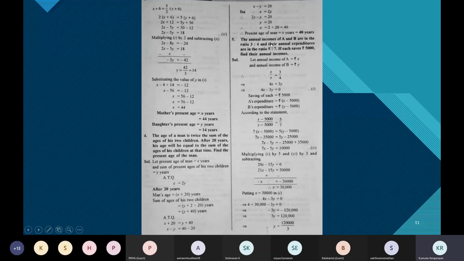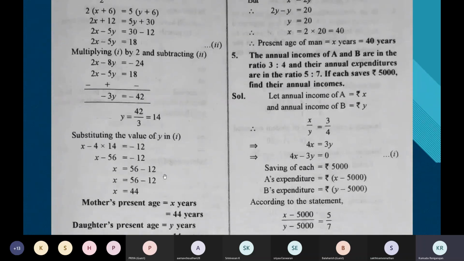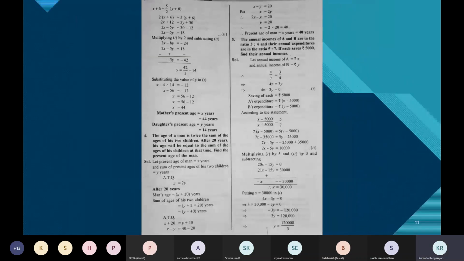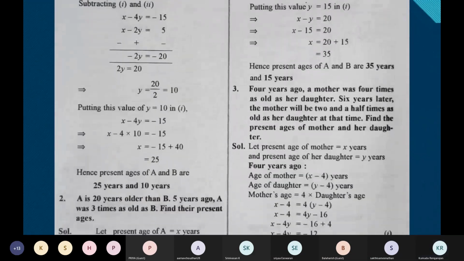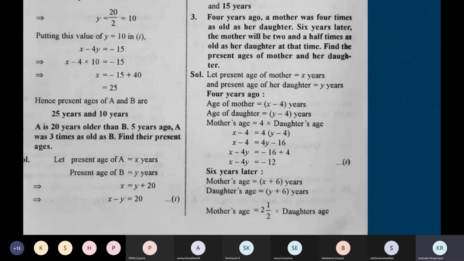You can see it here. You cross multiply, get the other equation and solve the two equations to find the values of x and y. So mother's age is 44, daughter's age is 14. I'll just show you the slide, children, in case you want to make a note of the equations. I'm not sharing the material. If you want to make a note of something, please write it down.